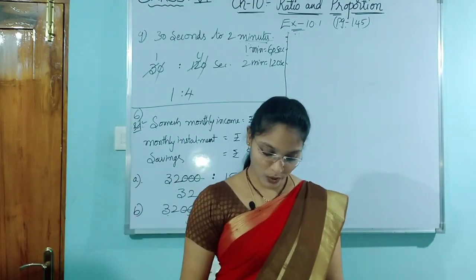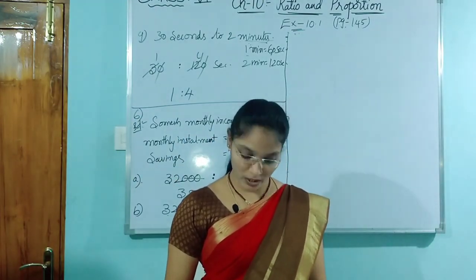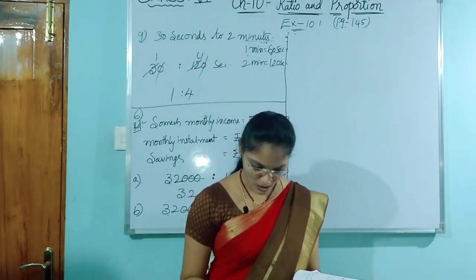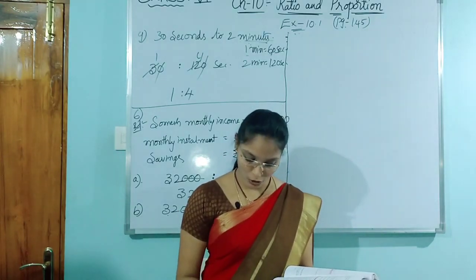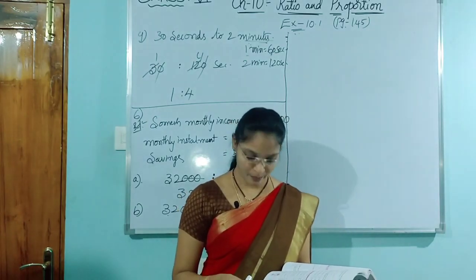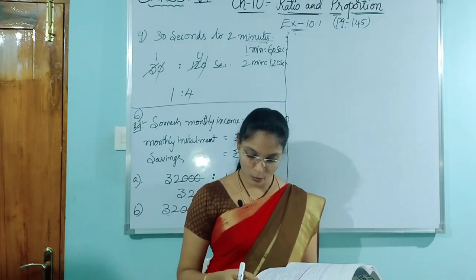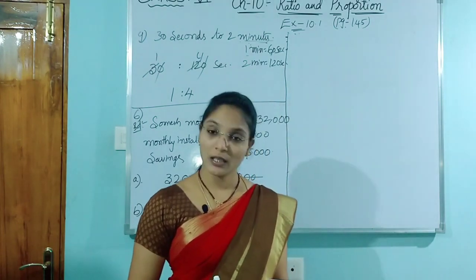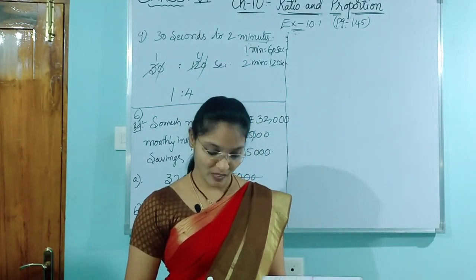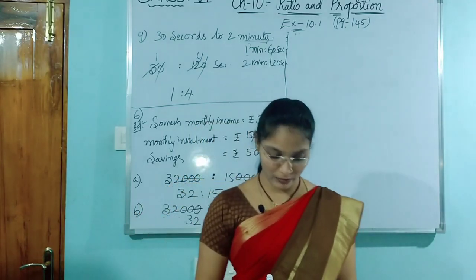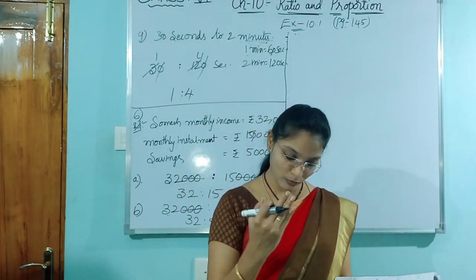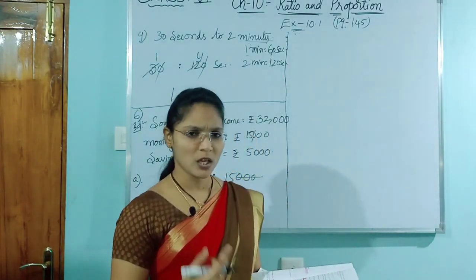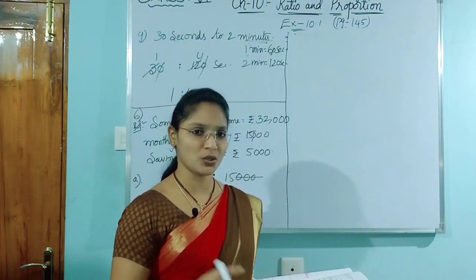Now 7th question. So this is your homework, children. Just like the 6th one only. Everything, all data they have given in the question. By using the data you have to find the ratio of the particular question, children. So there are 135 supervisors and 1080 workers in a factory. Find the ratio of the number of supervisors to the number of workers. Supervisors is term 1. Number of workers is term 2. If there is a possibility of doing cancellation, you can do.